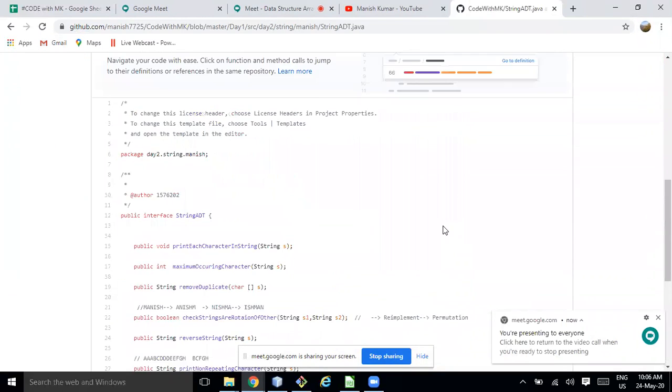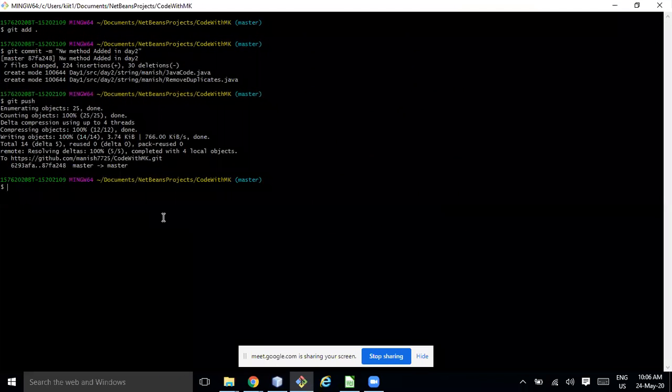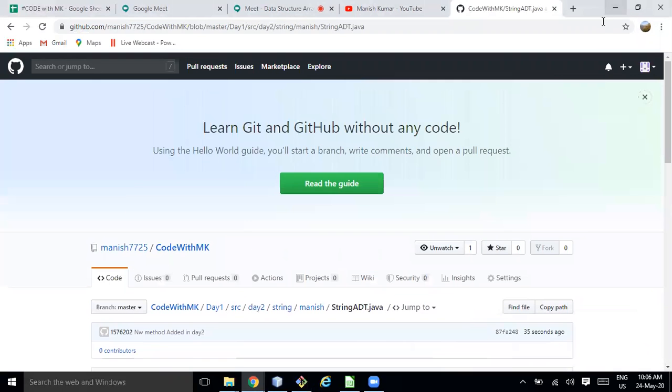If you are already in that directory, you can git pull, or you can clone if you want. So this is the way.